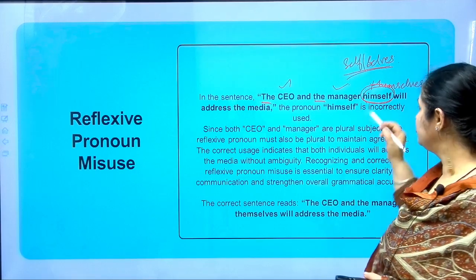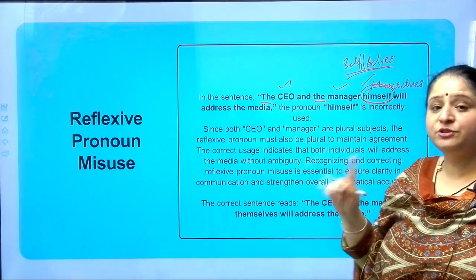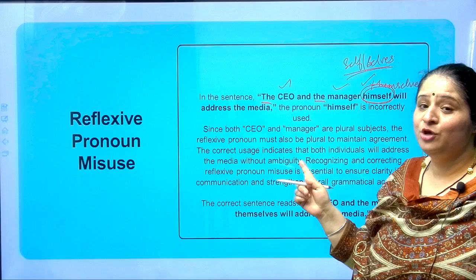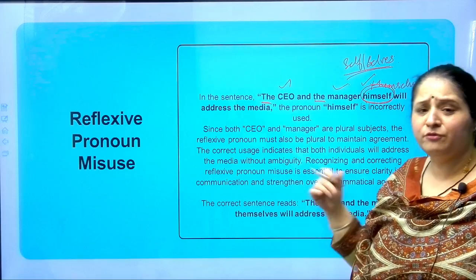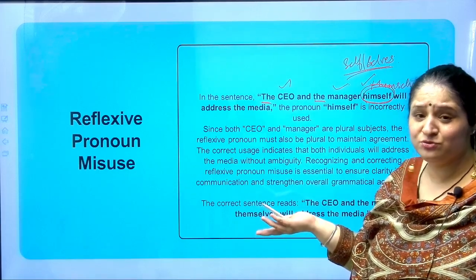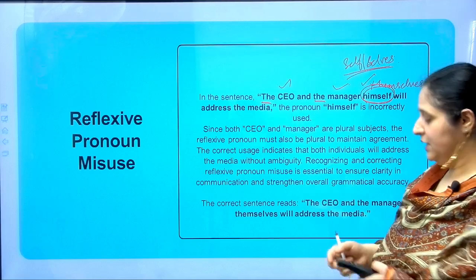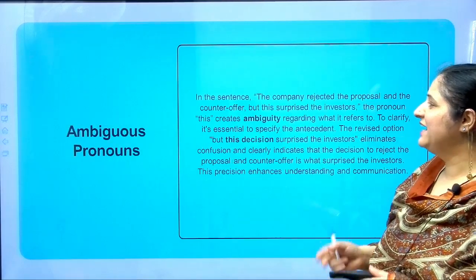Is that clear, students? So you have to be very careful with the corresponding reflexive pronoun you are using, or the corresponding possessive pronoun you are using, or the corresponding objective case you are using. You have to be very careful with that also. Alright, so the next slide talks about